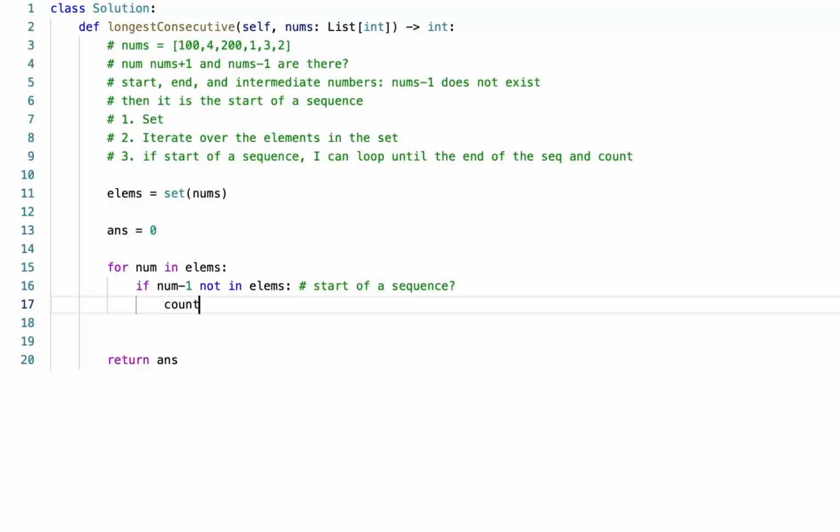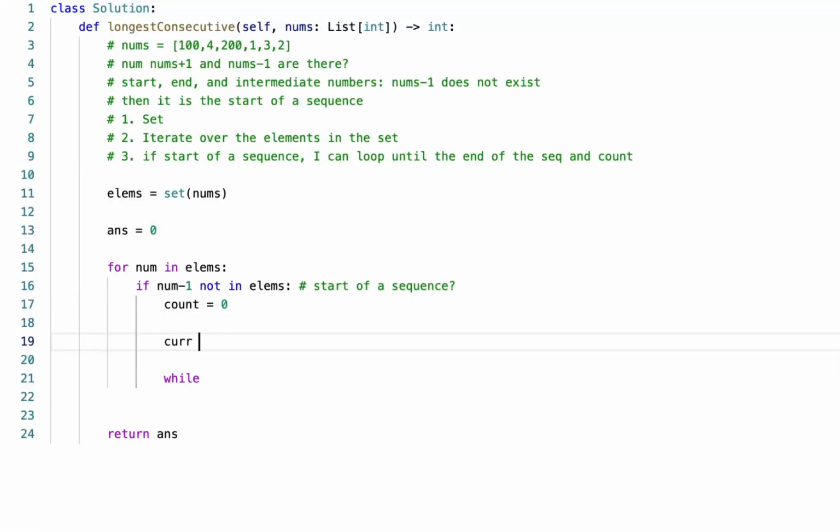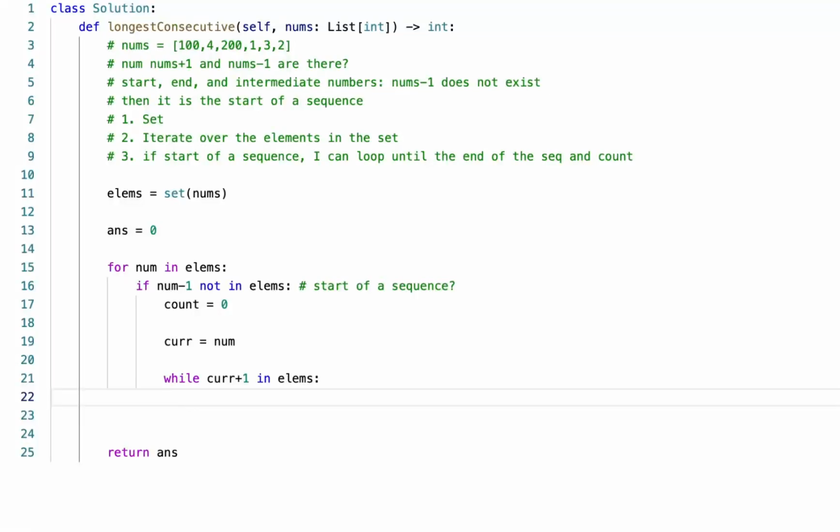So I can start with current being the current number, and while current plus 1 in elements,